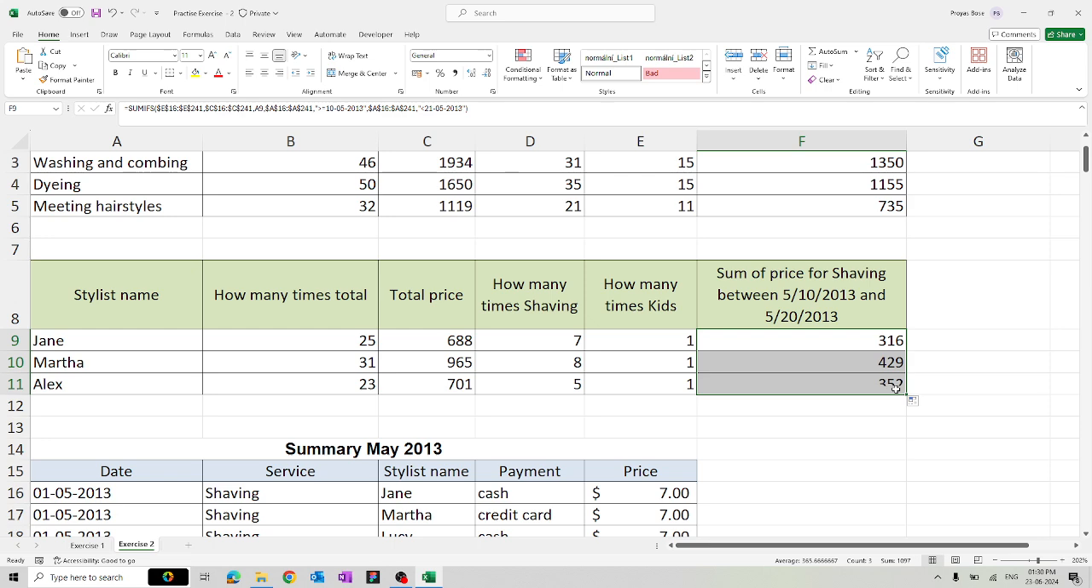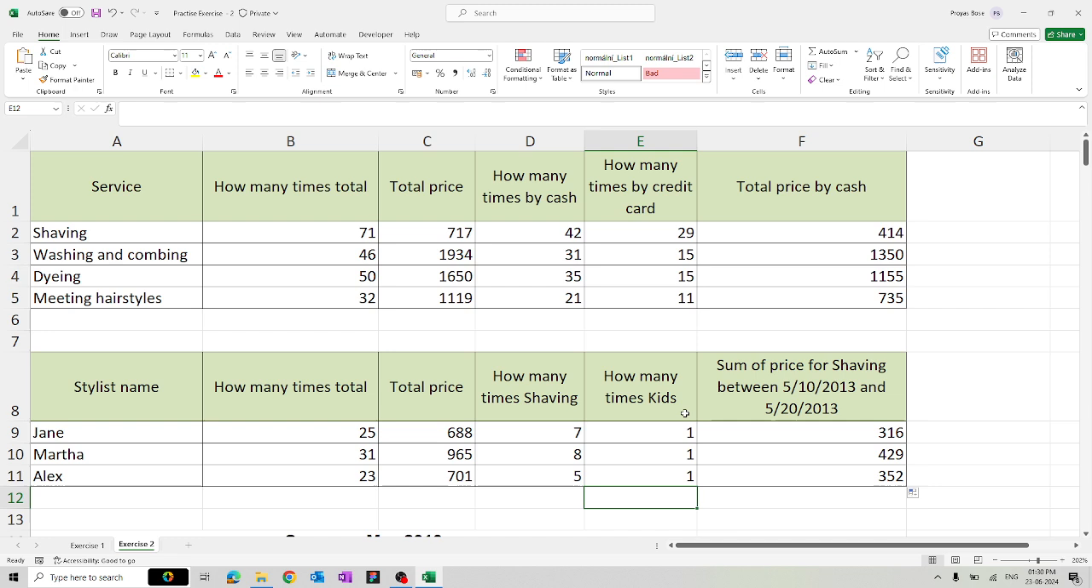complete. So we have completed both exercise 1 and exercise 2. You can validate the answers. I hope you have learned how COUNTIF and SUMIF and COUNTIFS and SUMIFS with conditions work. This is a very practical example that comes